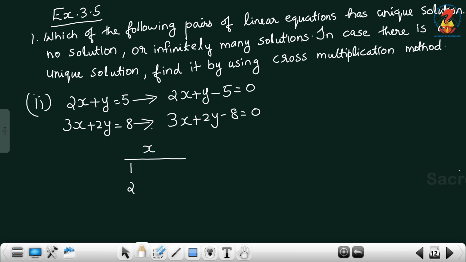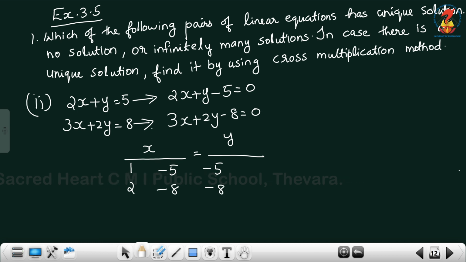What are the constants? Constants negative 5 and negative 8, equal to y. You just cover the y terms. First you start from the constant part, that means negative 5 and negative 8, you should write it first. Then the coefficient of x, 2 and 3, equal to 1 by, that means cover the constant term, then the coefficient of x, 2 and 3. What is the coefficient of y? 1 and